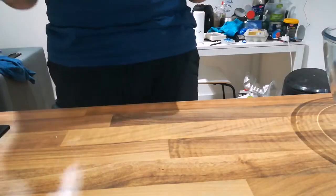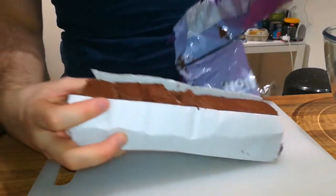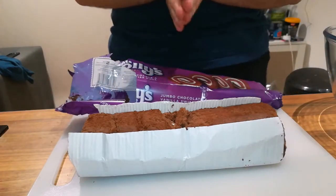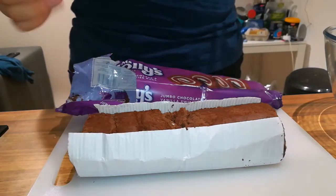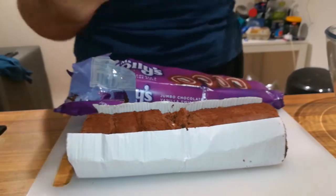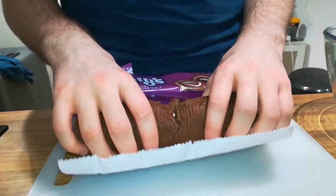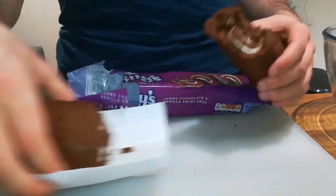So to start off, the base layer is the equivalent to a sponge layer of a regular trifle. Now, oh god. So for some context, I have to cycle to my local supermarket, and sometimes I fill up my bags too much, and I've got to bungee one onto the back of my bike. This has been in a bungee accident. You can see where the bungee's been, but you know,